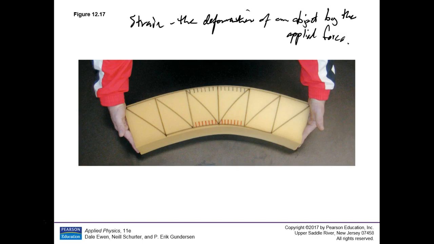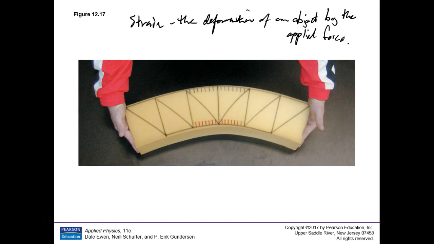And a strain is usually a change in a dimension of some nature. This one, obviously, is a bending stress, and the deformation would be measured in the amount of strain, and that's why they put,